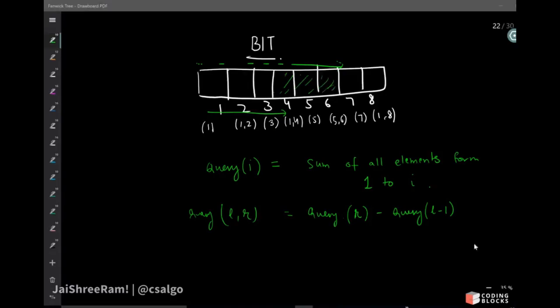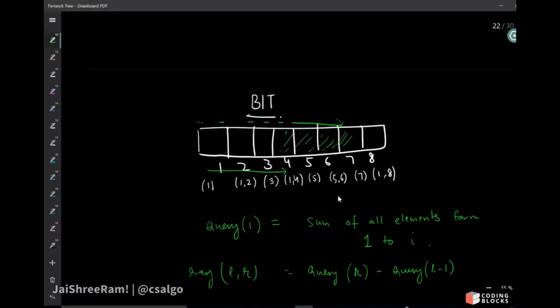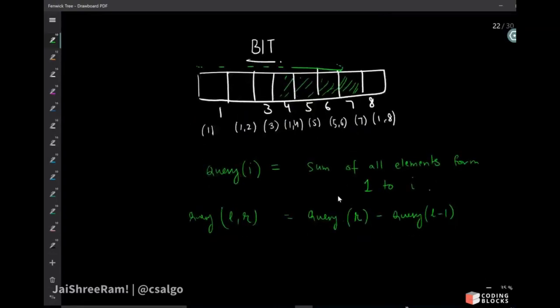तो क्यों कर सकते हैं, बिकॉज इस रेंज का जो सम होगा 4 to 7 का, इसका जो सम होगा वो कुछ नहीं होगा 7 तक के एलिमेंट्स का सम माइनस वो सम जो 3 तक का है, राइट। 3 तक के एलिमेंट्स उसमें से हटा दो, तो अब 3 तक का सम अलग से निकाल लो, 7 तक का अलग से निकाल लो, एंड दैट्स इट, दोनों का डिफरेंस ही तो आपका सम होगा, राइट। सो अभी हम इस क्वेरी की बात कर रहे हैं कि इसको कैसे इम्प्लीमेंट करें।